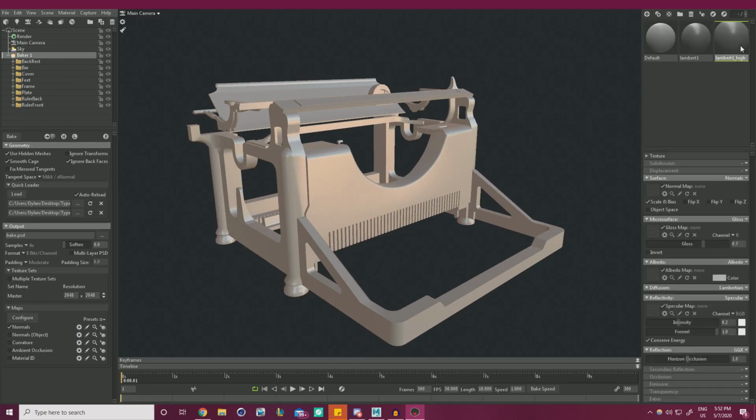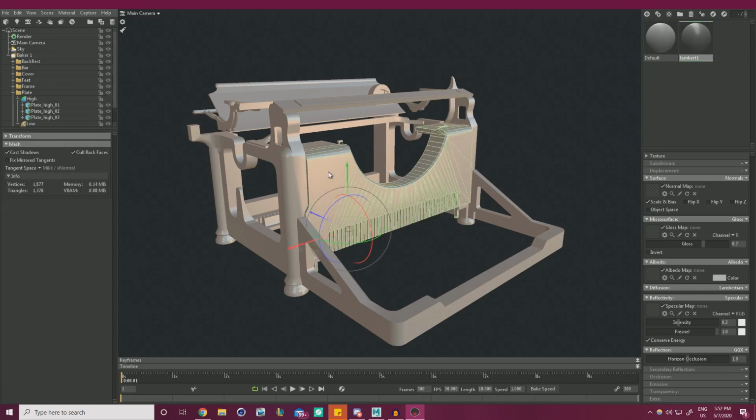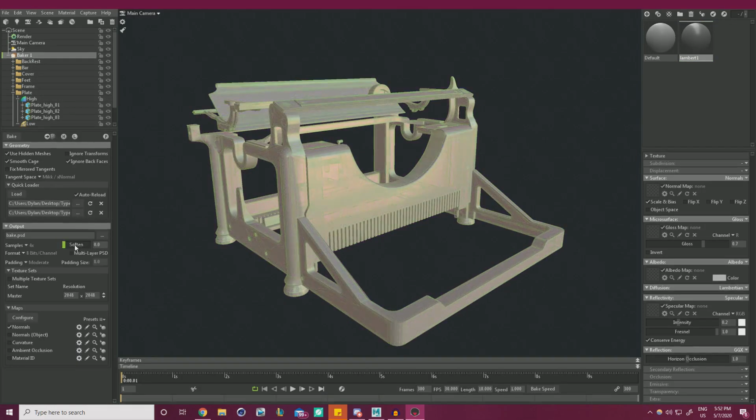First of all, I'm going to delete the high material. We don't really need it. It brings in whatever materials you have from Maya or whatever program you're using. So I'm just assuming that this material has Lambert on it. But anyways, what we can do is